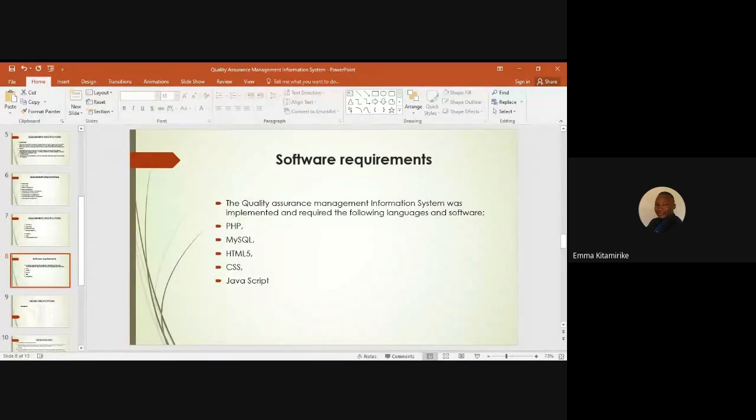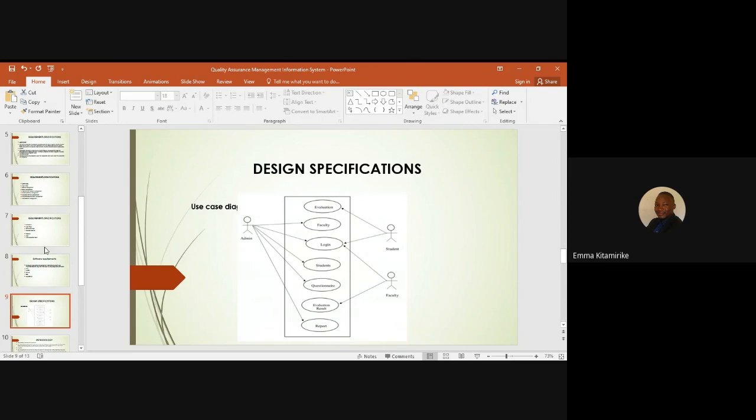Besides, among other things that the system can do, it required software that you had to use: PHP, MySQL for our database, HTML, CSS, JavaScript, HTML5, and PHP to help us in the system. Among the diagrams that we used, which were very important in the design,